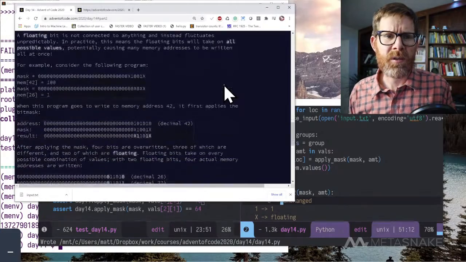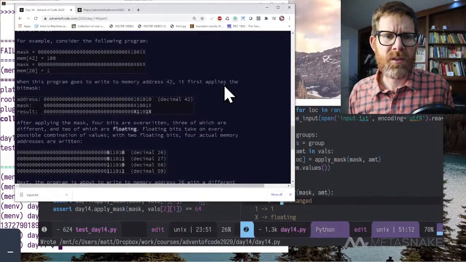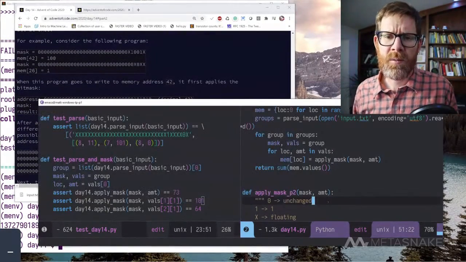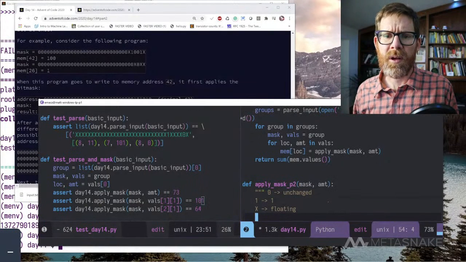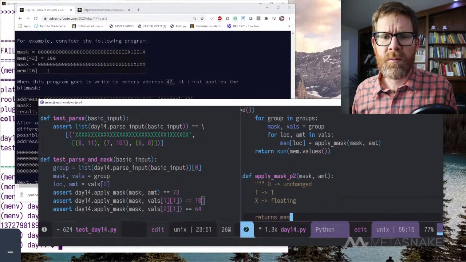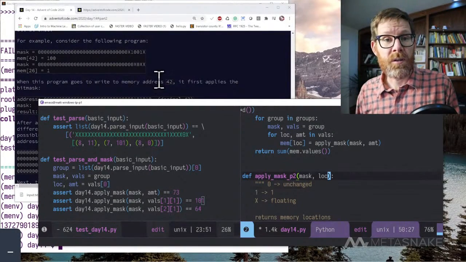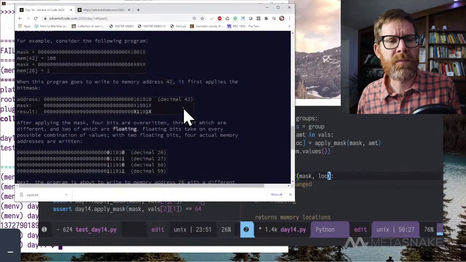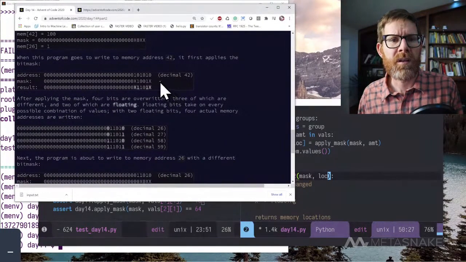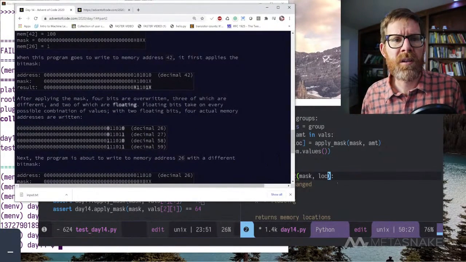We want it to return all the memory locations. I think that's what we want to return. Returns memory locations. And so this is actually a location. And so if we did this mask here,